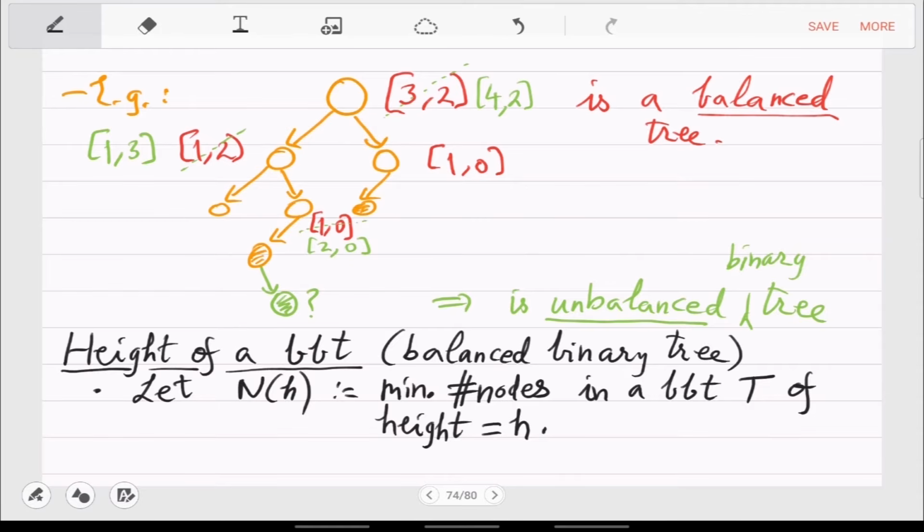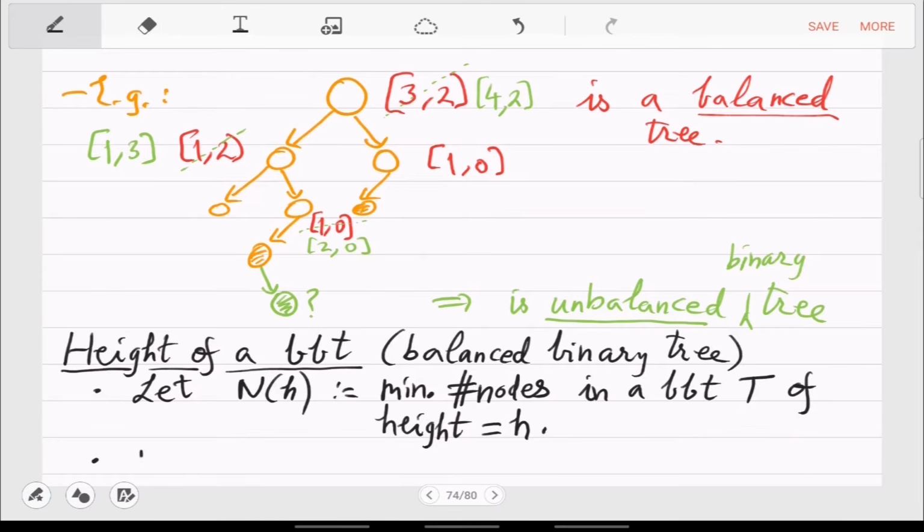So what you were claiming is that this number should be 2 raised to h, right? You were saying that in height h, every level, the number of nodes doubles. So you like 2 raised to h or 2 raised to h minus 1. That is not correct. The correct function n_h we have to find. If it was correct, then n_h is greater than or equal to 2 raised to h. So if the number of nodes is n, then n is greater than or equal to 2 raised to h. So h is less than or equal to log n. That was your claim, which is not a proof. So now we'll correct it.